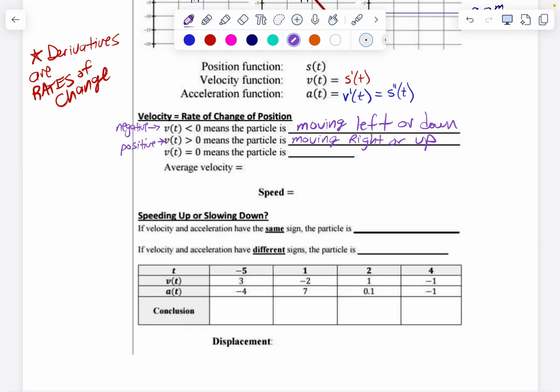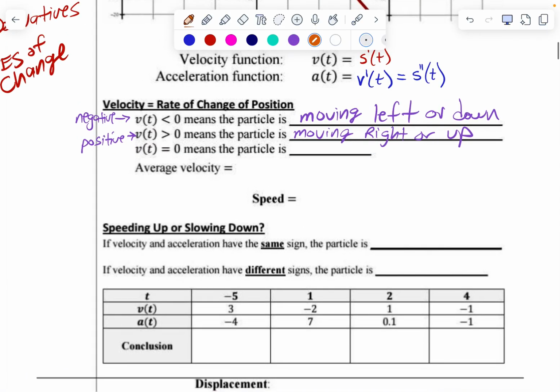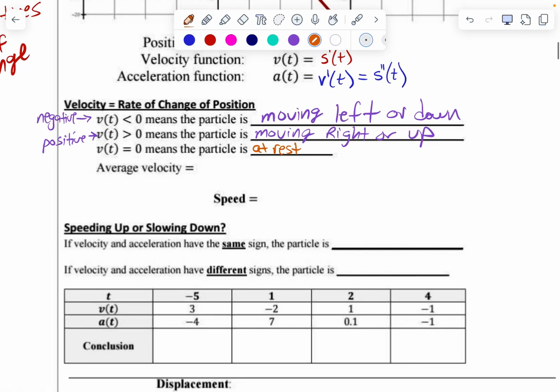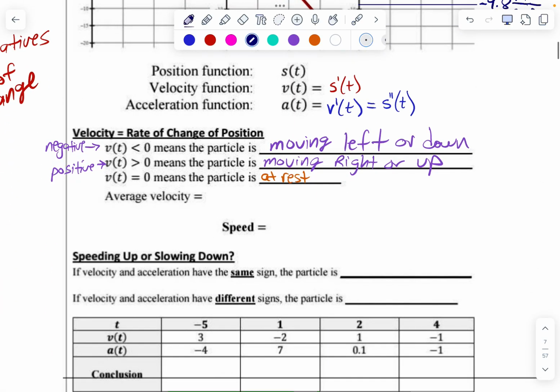Okay, how about 0? What's it doing in that case? Yeah, not moving. Our word for that is at rest. Okay, if you want, you could make a quick little sketch of this, like